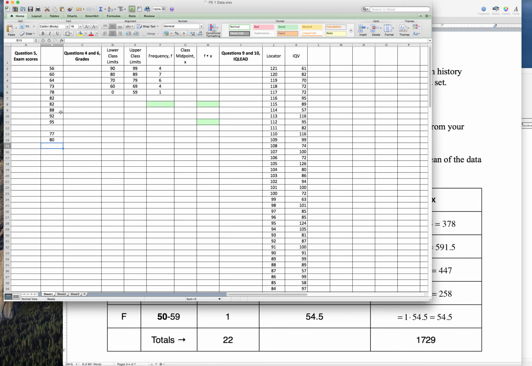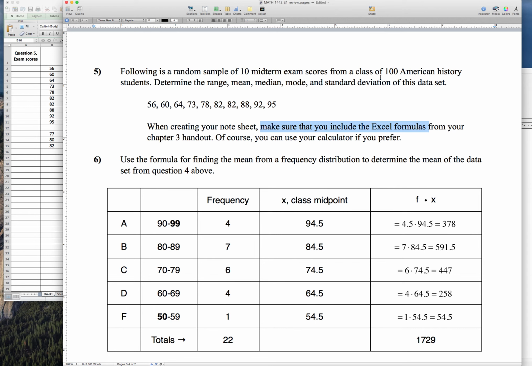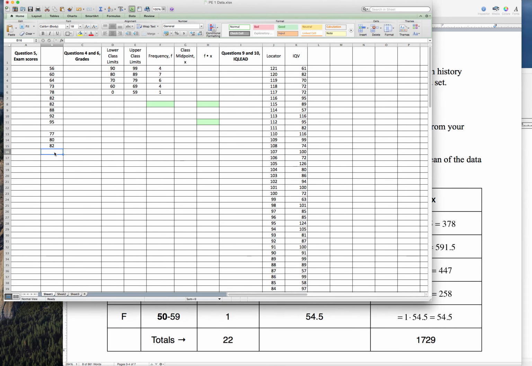If we ask for the mode, we'll get 82. It's the same formula, equal MODE, and that's going to be B2 to B11. It's the formula that's listed on your Chapter 3 handout. And now finally, we do want the standard deviation, and that formula is equal STDEV. STDEV, and you